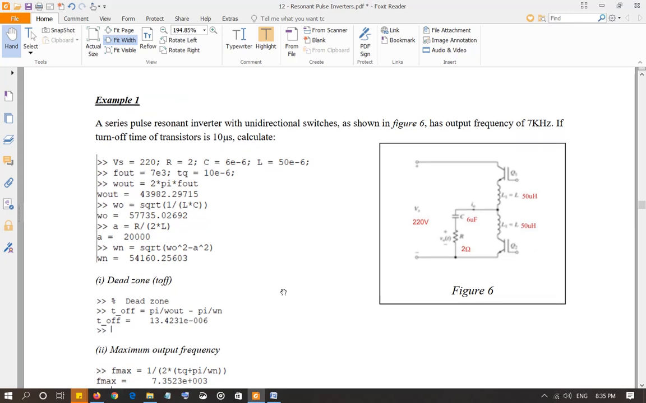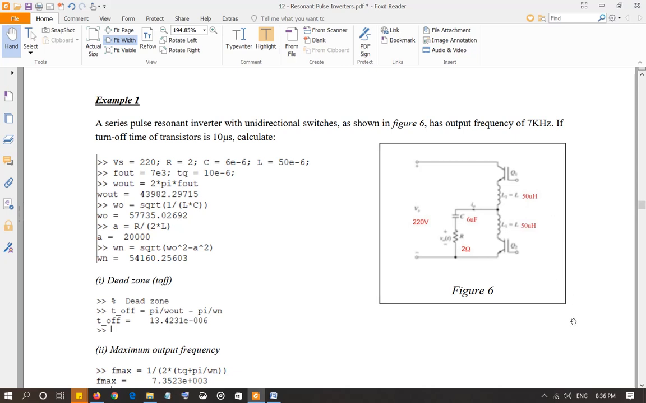So let's discuss example number one of resonant pulse inverters, series resonant pulse inverters with unidirectional switches. This is the inverter that we discussed earlier, and in this one these are the values that are given to us. Input voltage is 220, 6 microfarad capacitor, 2 ohm resistor, and both inductors, of course, they have the same value,